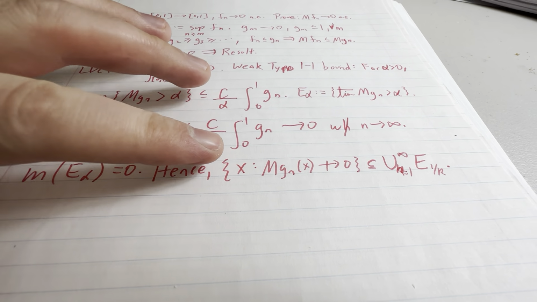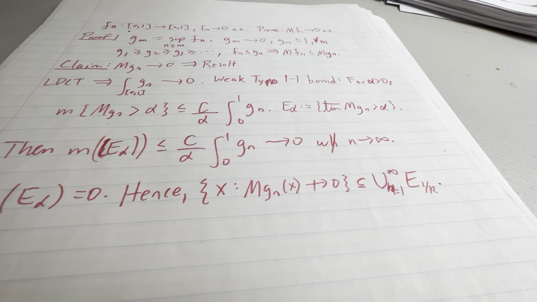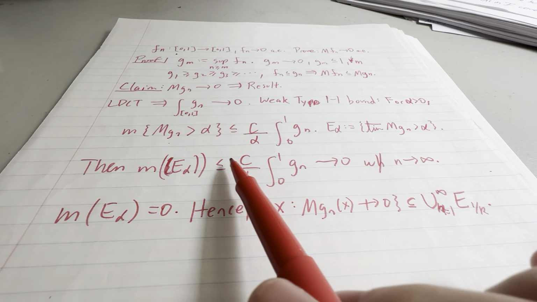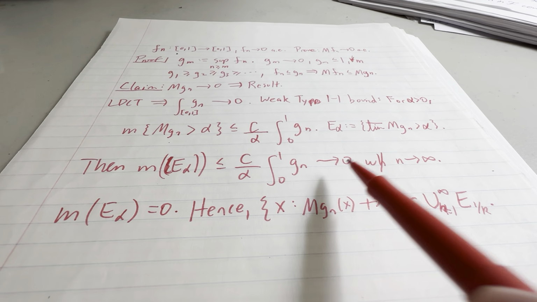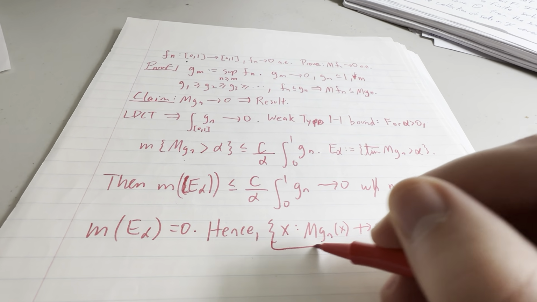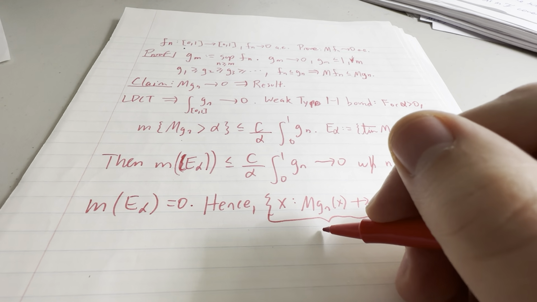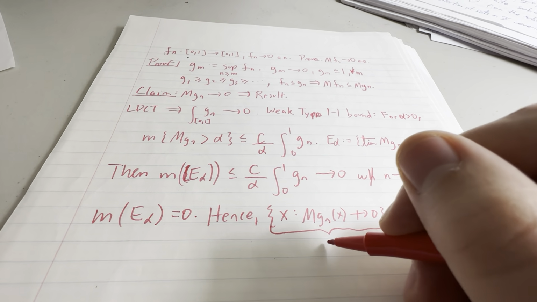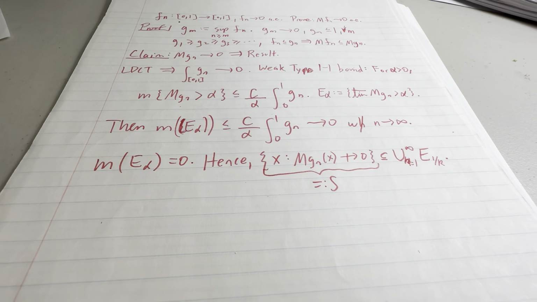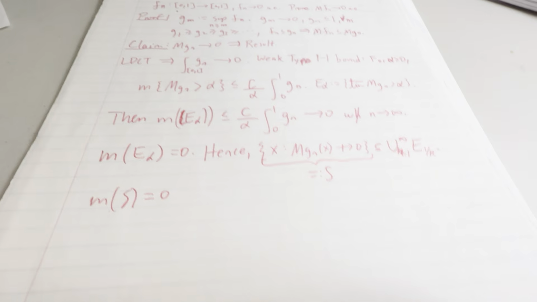Okay, now what? Because this set is a subset of all these guys, we notice that it has measure 0 because it's bounded above by this sequence here that tends to 0. So this set, it really doesn't matter what I call it, we'll call it S for struggling grad student. Then the measure of the struggling grad student has to be equal to 0.